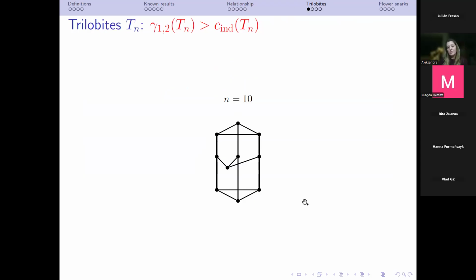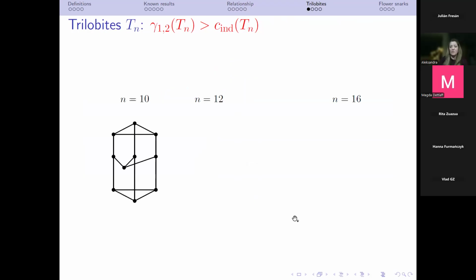I will explain how the other trilobites look, because later we were able to find, for every n, one graph. How do these graphs look? First of all, I will explain how we get trilobites on 12, 16, 20, and so on vertices. So this is if n is divisible by 4,